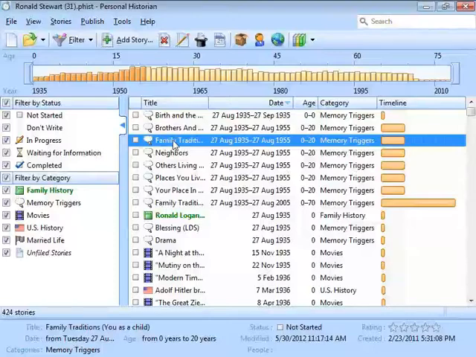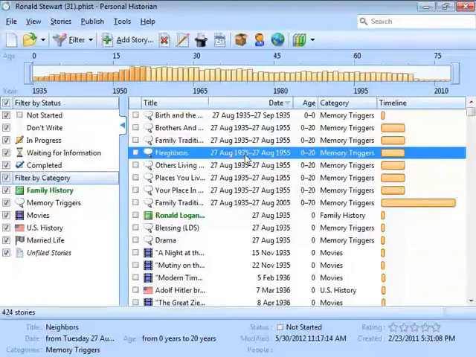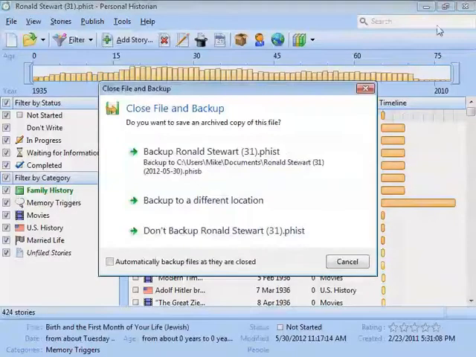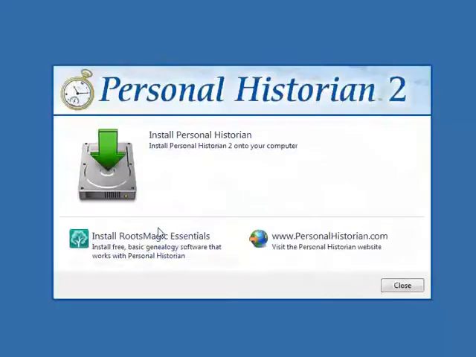Okay, someone has asked about running Personal Historian 2 on a Mac with Crossover. And yes, you can do that. I've done that successfully on my MacBook. It works really well. For more information about that, I'm just going to close this down. You can go to rootsmagic.com/Mac,